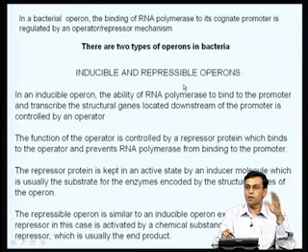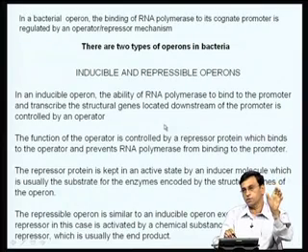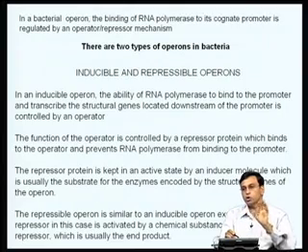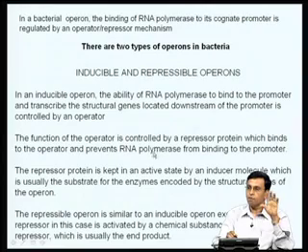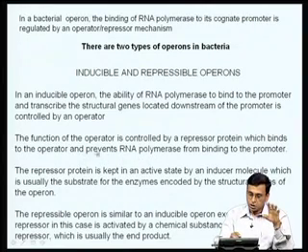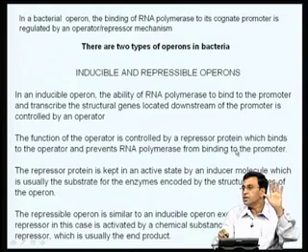Now, the best example, I am sure most of you have studied, is the inducible operon. In an inducible operon, the ability of an RNA polymerase to bind to the promoter and transcribe the structural genes located downstream of the promoter is controlled by an operator sequence. So, you have an operator sequence linked to a downstream promoter sequence and usually a repressor molecule binds to the operator and prevents the RNA polymerase from binding, and that is what I have written here. The function of an operator is controlled by a repressor protein which binds to the operator and prevents RNA polymerase from binding the promoter. So, this is how the operon is not transcribed or it is kept in a silent mode.